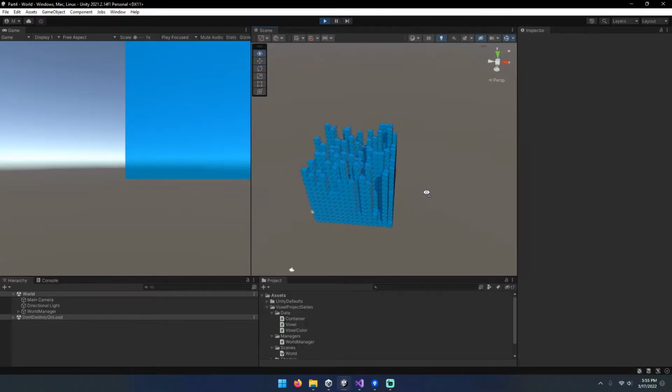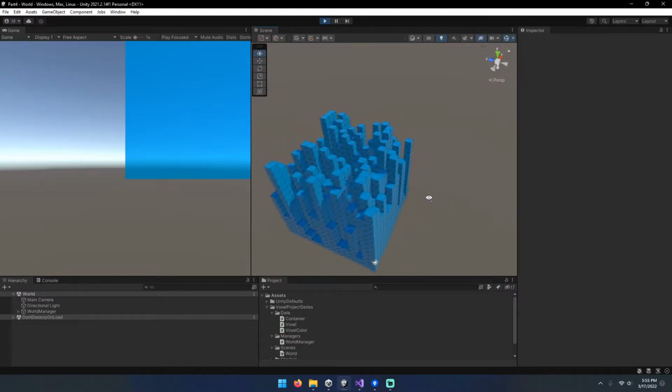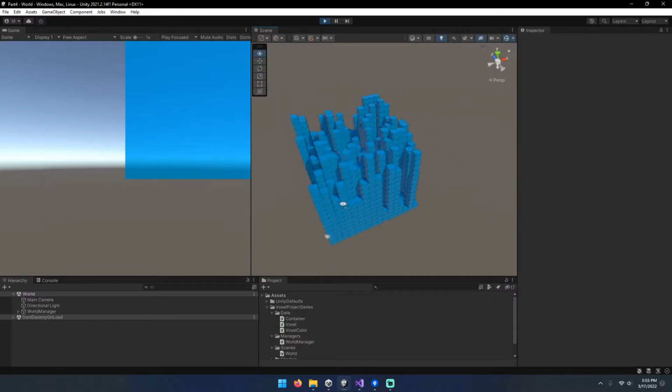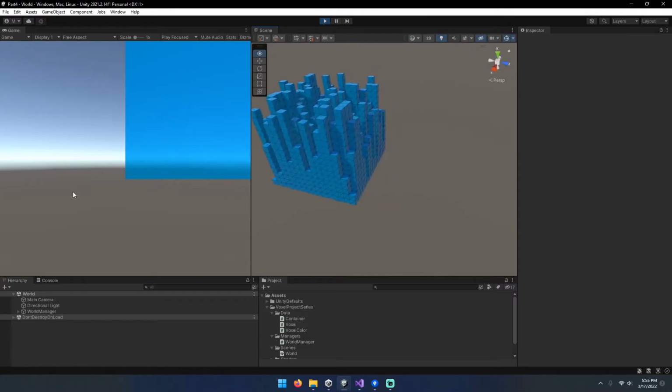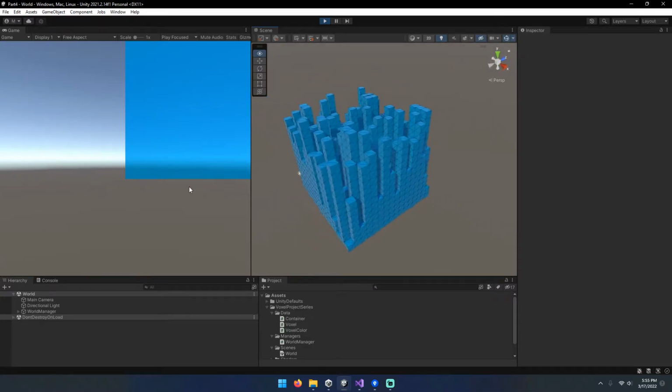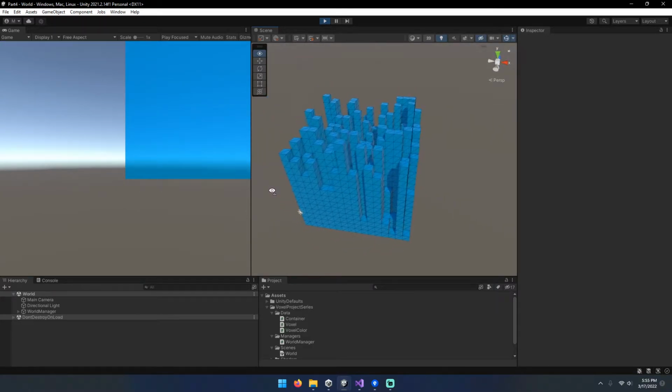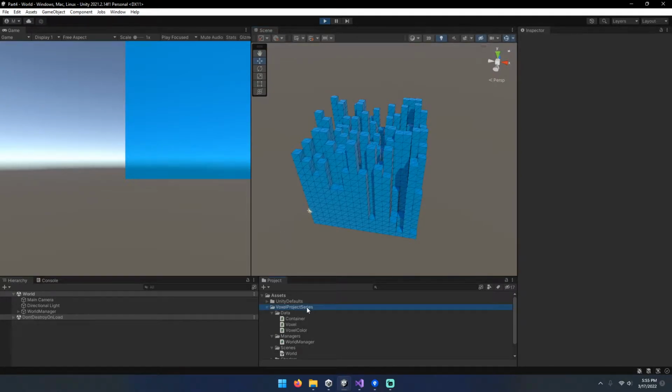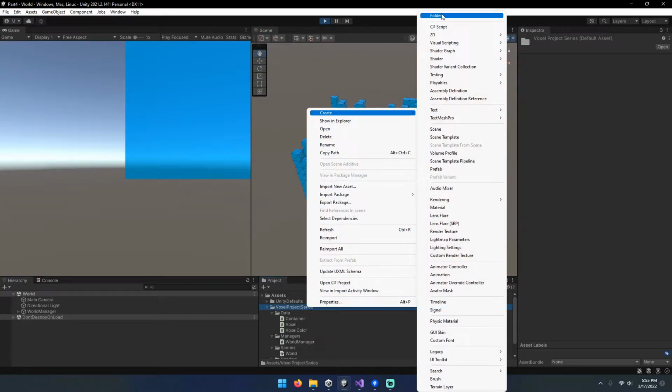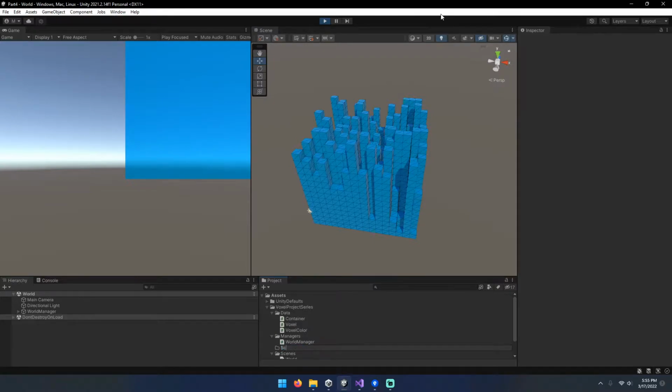Hello again, everybody. My name is Pixel Rain, or Rain for short, and today we're going to be adding some noise to our voxel generation. So we have a lot of ground to cover today, so let's say goodbye to our little blue metropolis here and let's get started. The first thing I'm going to do, because it bothers me, is I'm going to create